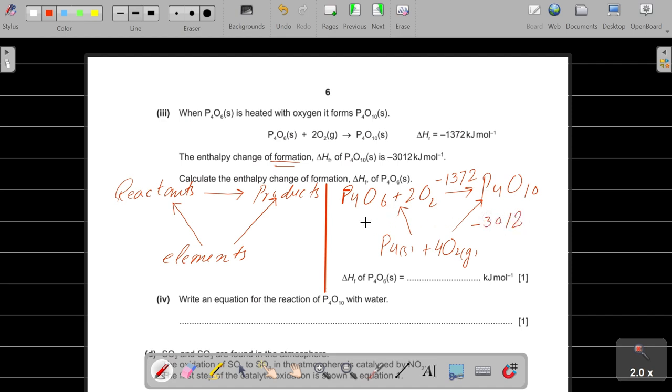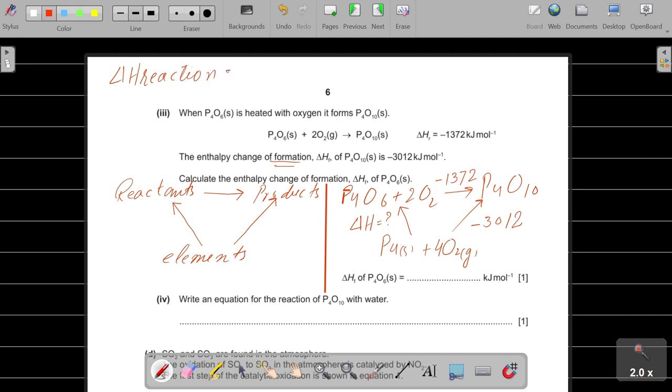And now we need to find the energy of this, the delta energy of this. So when something is given as delta H formation, he is not talking about bond energies. When he talks about delta H of formation or delta H of combustion, we will use this formula, delta H of the reaction